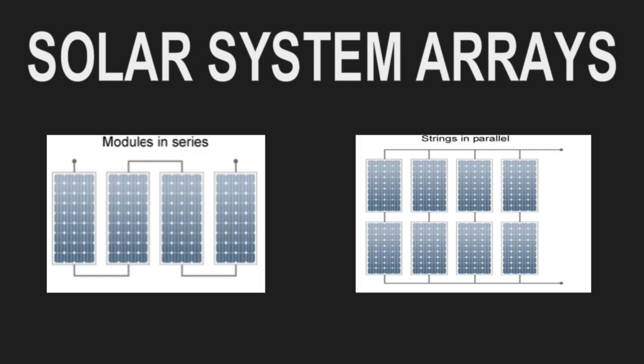It's obvious that one collector wouldn't always be sufficient to provide the actual heat that we require. So the solar collectors could be assembled in solar system arrays. Basically the arrays could be of two types. One, the modules could be in series, and another, the modules could be in parallel. In series, the output temperature of one of the plates becomes the input temperature of the second. But in the parallel system, all the input temperatures are the same, while the output temperatures of all the plates are the same.